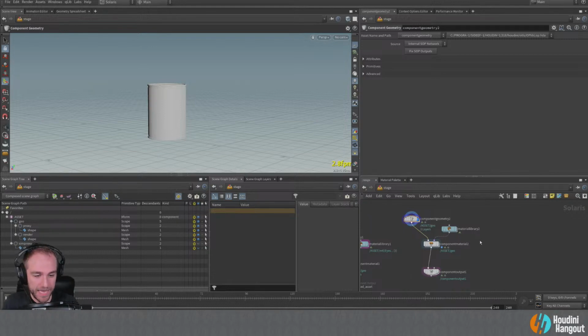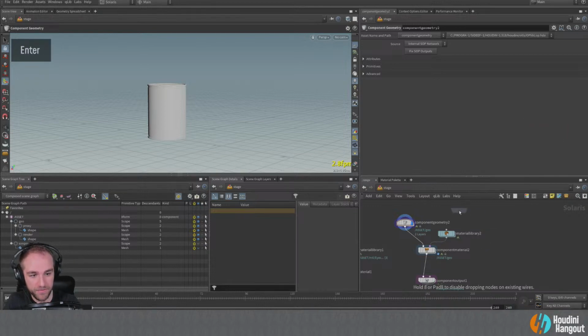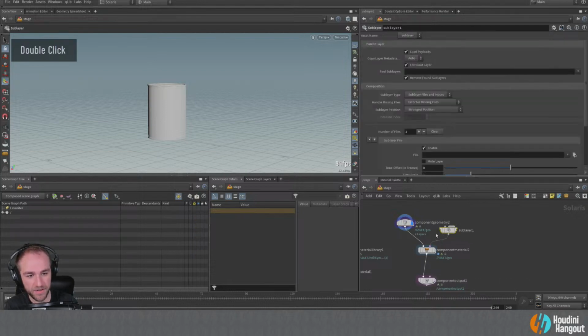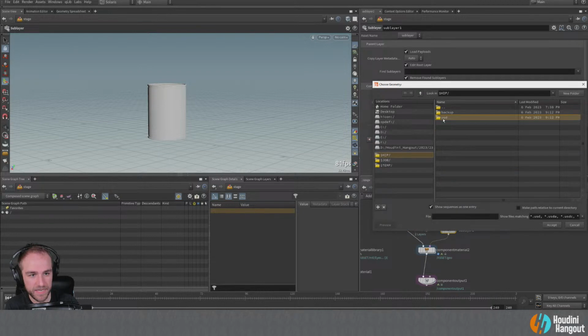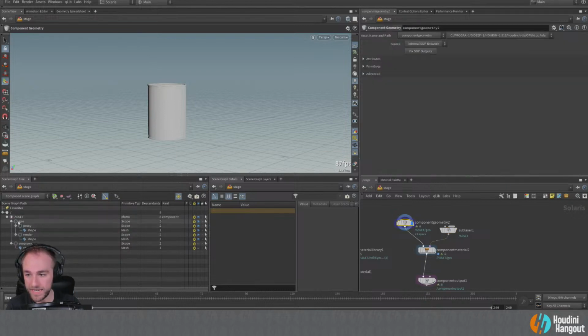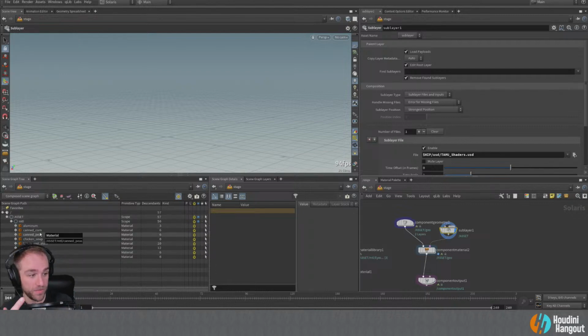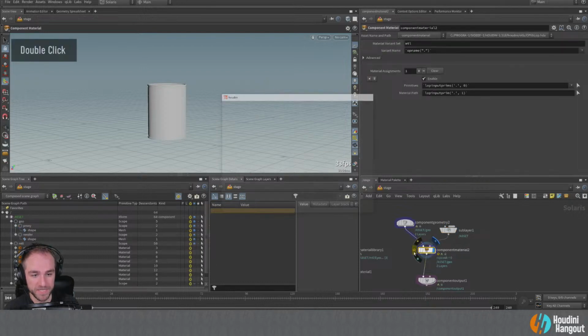Sorry. Okay. So anyways, we have a file here that I can bring in. I'm going to sublayer in a file. This is the base way of bringing in a file without touching or doing anything to it. So I'm just going to load this in. I have some shaders here. And here's my asset material. I made it the exact same way that this is set up here so that it's going to know where these shaders are and how to work with them. If it's in the same hierarchy, it's going to fit right into this component workflow. So there's that. Then we can come down here to this component material.